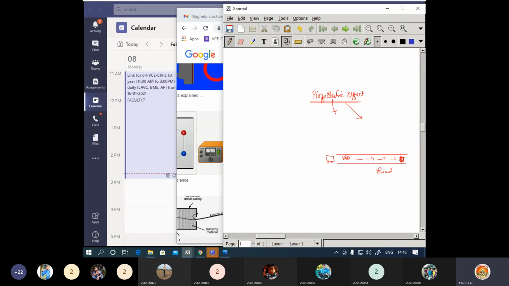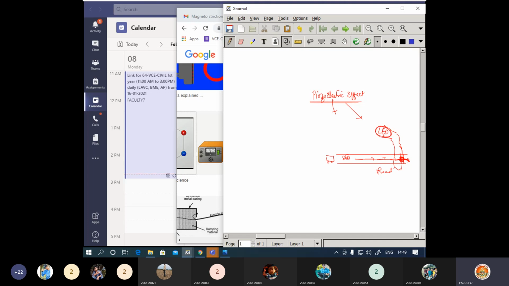Okay, now on this we will place some arrangement so that these vehicles will travel like this, and it is going to apply pressure on the crystal. Okay, while passing through this particular crystal, this crystal is going to experience the pressure. Okay, so as the pressure is applied on the crystal, there you are going to get the charge generation. So here you are going to take the wiring from this particular crystal. Now this particular crystal and these wires, if you connect to some LEDs, as the charges are being generated here, this LED is going to glow.